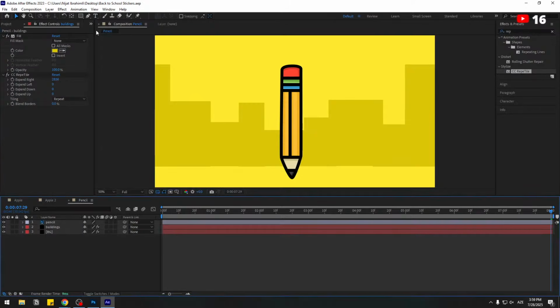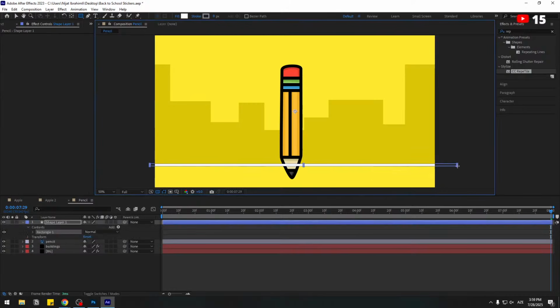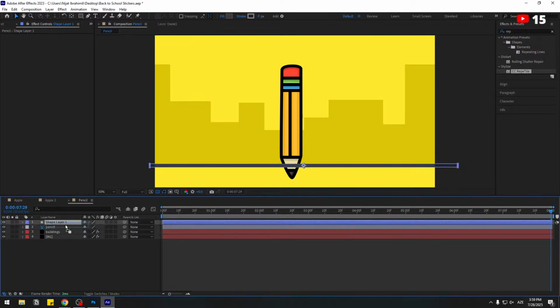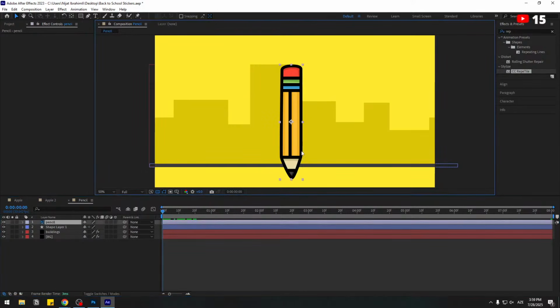And in this time, let's go to shape layers, hold Ctrl and the rectangle tool. Let's create one rectangle like this and color, use black and move it behind the pencil. Okay, let's select this pencil and move the anchor point down